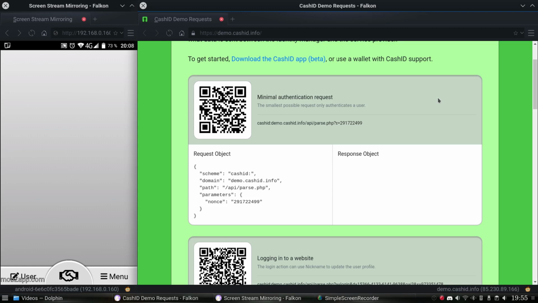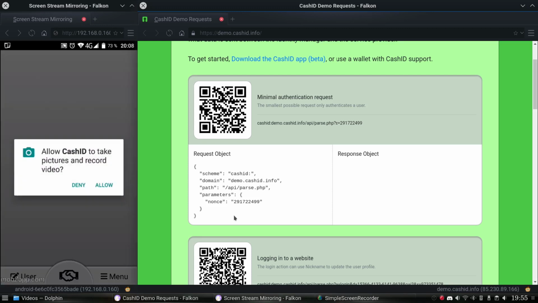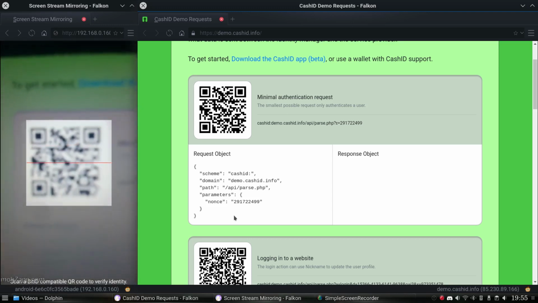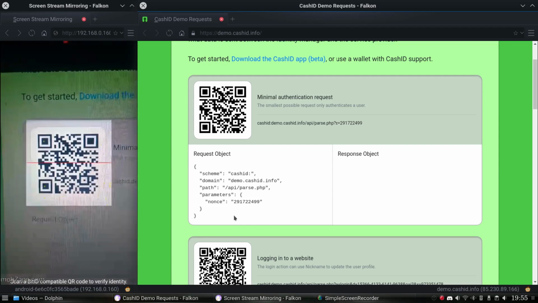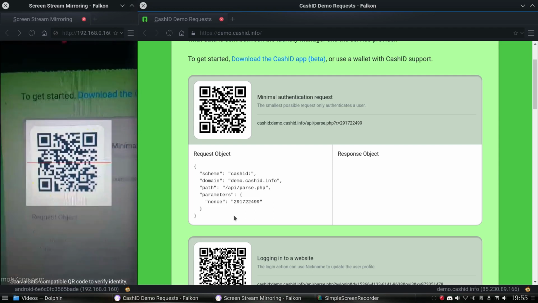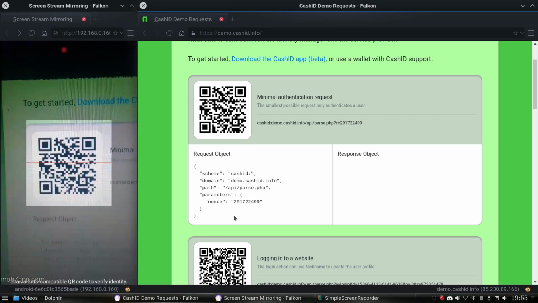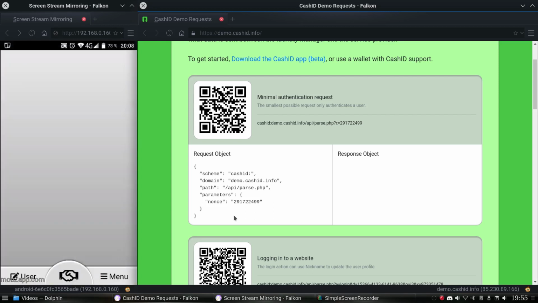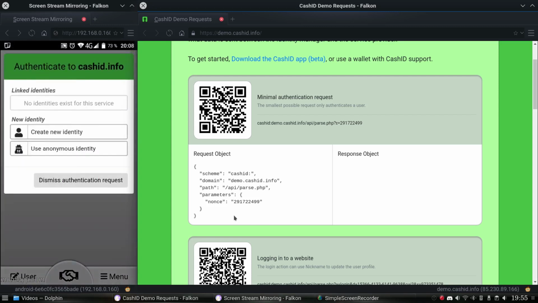I'm going to click these handshakes in the bottom of the app, and it now asks me if I want to allow it to record video. I'm going to say yes here, and then I'm going to scan the QR code for the minimal authentication example. This is how a request looks like in the application. It says up here, authenticate